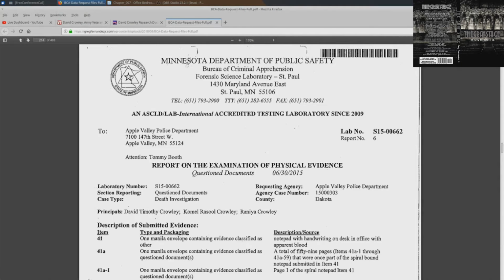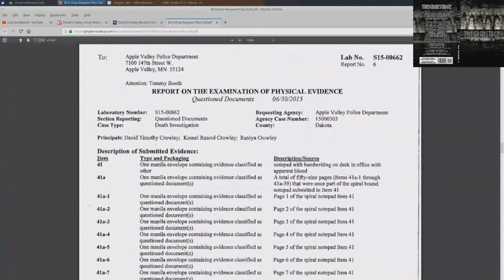I know Sophia had tried. She tried to get that from Apple Valley. And Sophia, you want to tell us a little bit about that case and what you found there? Well, I did get another murder-suicide because this case was labeled murder-suicide.